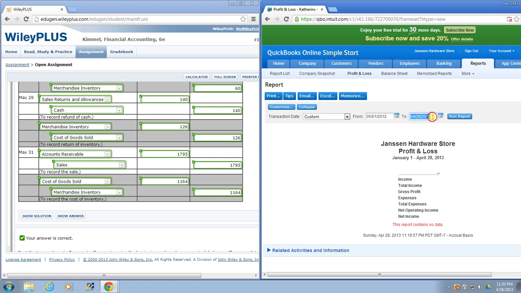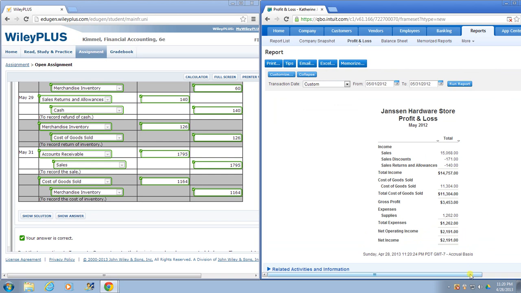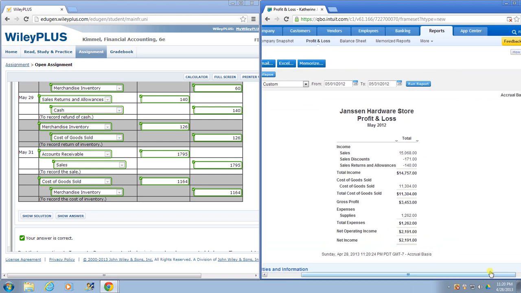Oh, if it'll let me. 31, 2012, and run report. And there it is, our income statement for May of last year. Okay, now